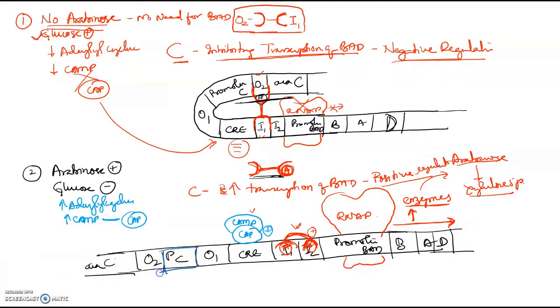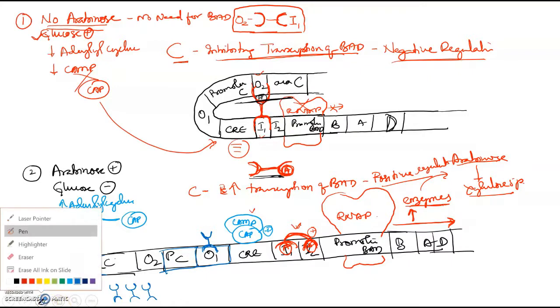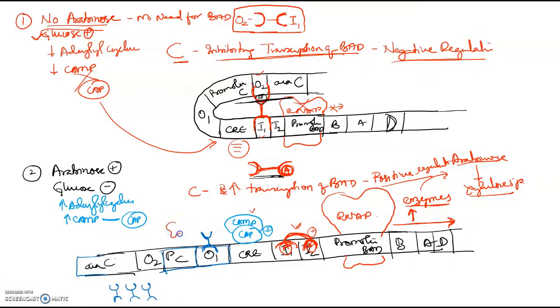Now one more thing that we need to know is there is also a promoter for C and an operator 1 region. What are they for? These are for regulation of ARA-C. Suppose a lot of ARA-C has come in. This ARA-C will go and sit on the O1 region. This O1 region will prevent RNA polymerase from binding. RNA polymerase cannot bind to this promoter region. This PC is the promoter region for this gene, correct?